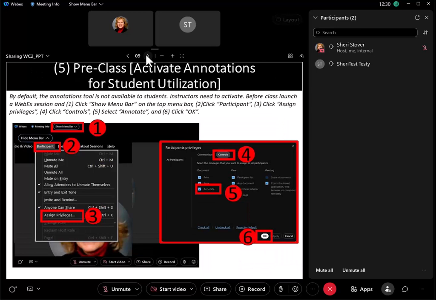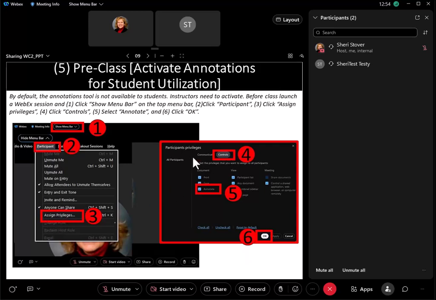Then, before the session starts, the students will be using the annotation tools. By default, those are usually not active, so you have to activate them. Step number 1, click on show menu bar up at the top. Step number 2, click on participant. Step number 3, click on assign privileges.